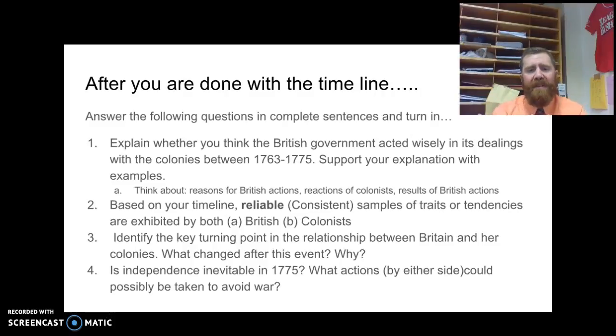And so when you're identifying these key turning points, you want to say, here's the key turning point. And then you want to be able to explain what changed after this event and why did it change. And then the last one, being able to predict things, possible outcomes moving forward. So you're given the beginnings of this rise to eventual independence. And so now that we're here in 1775,